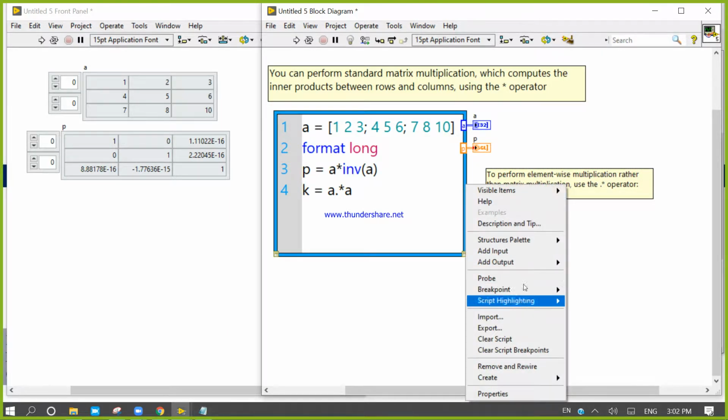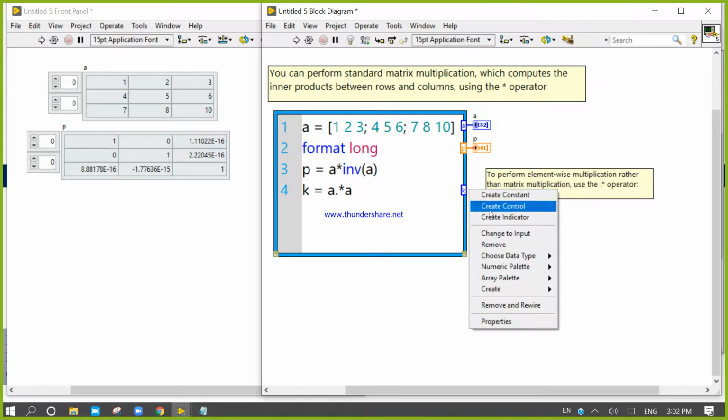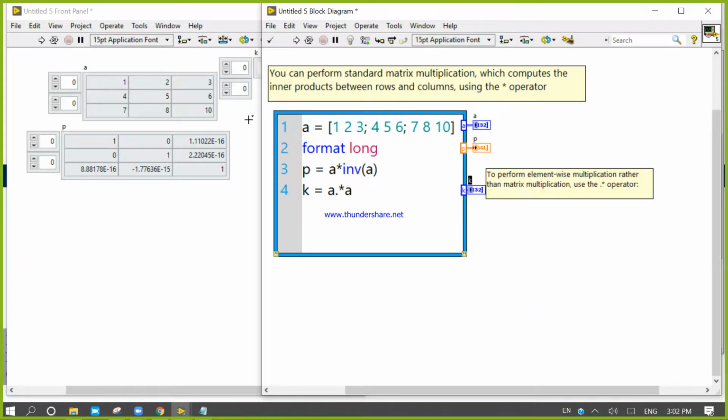So now right click, come into the K indicator.